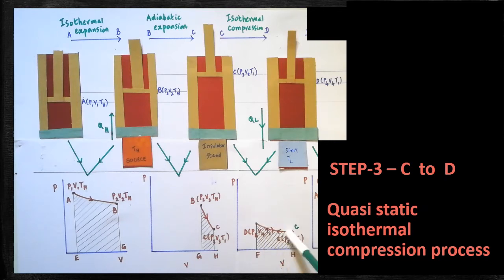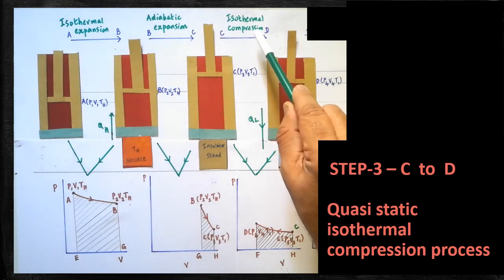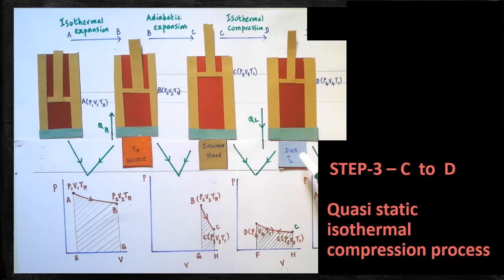So I have drawn a curve. So the thermodynamical process that goes in this direction, C to D. After drawing the curve, we have to shade the bottom portion. Just below the curve one area is available. That area DCHF, that portion gives you some area, no? That area is the measure of the work done on the gas. Work done on the gas or on the system can be obtained by calculating this area. So the name of the process is called isothermal compression. When the isothermal compression process takes place, the working substance must be kept on the sink.